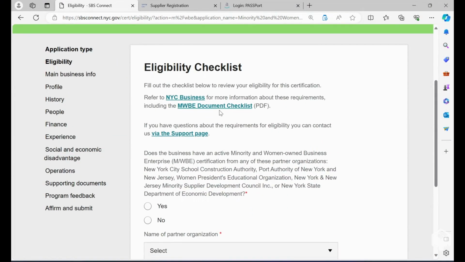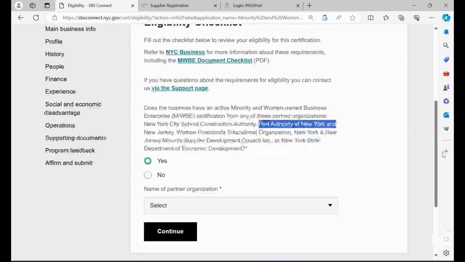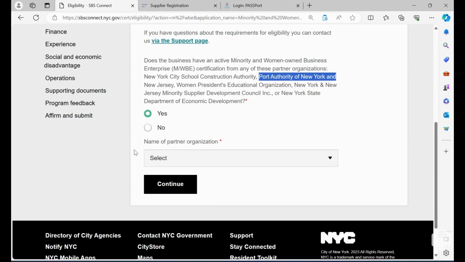Now this is your eligibility checklist, and you're going to go through the prompts. It's going to ask you to fill out the checklist below to review your eligibility for this certification. Because I'm fast tracking my certification, it's going to ask me if I am a member or certified with one of these entities down here. So I'm going to say yes because I'm certified with the Port Authority of New York and New Jersey vending website as an MWBE.